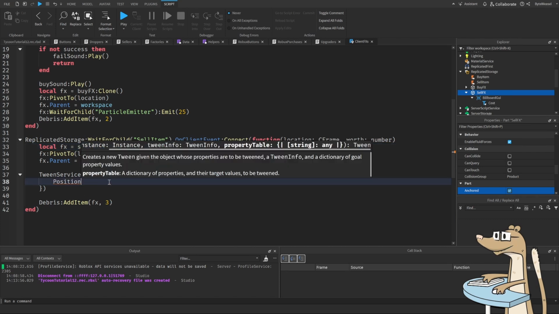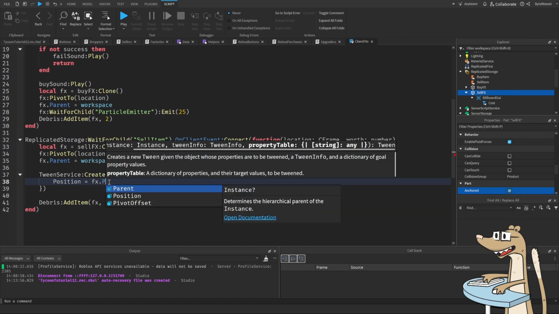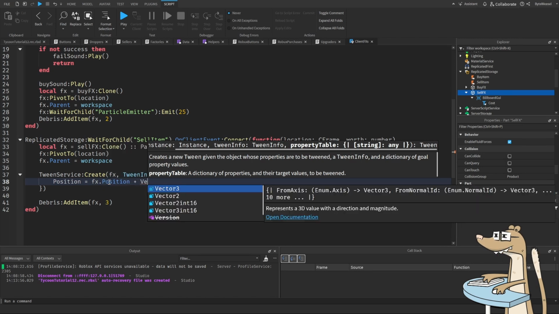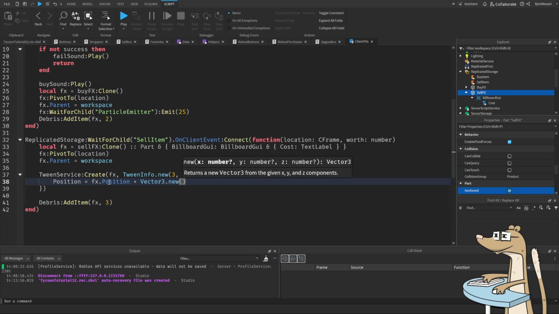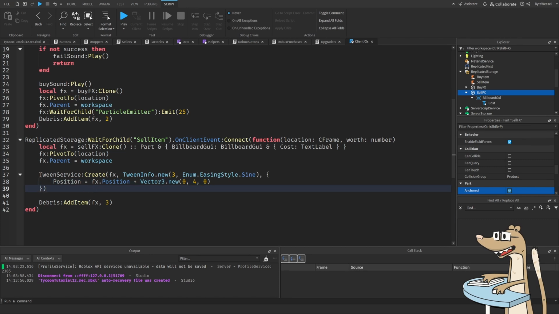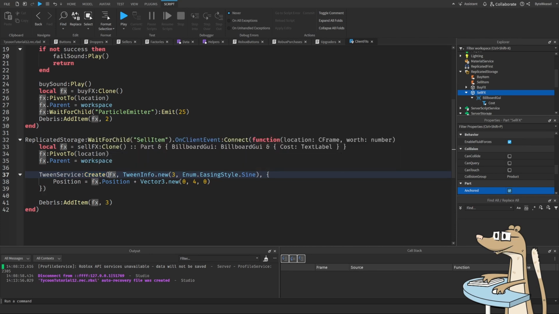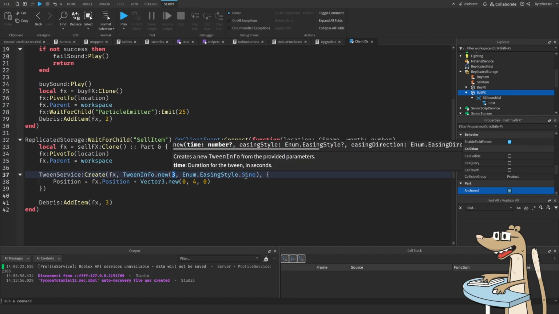So now it knows that there's a position, and you can say, I want the position to be the fx dot position, which is its current position, plus a Vector3.new, a new Vector3 that goes up by, I don't know, 4 studs. And then that is good. So we've asked the tween service to create a new tween to animate the fx item. And we said, I want it to last for 3 seconds and do it in a sine wave sort of pattern,